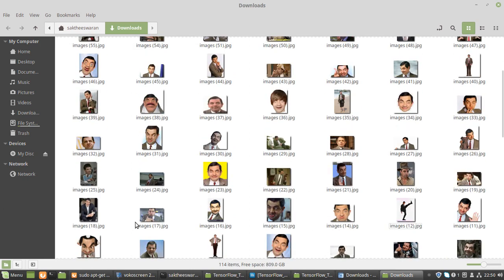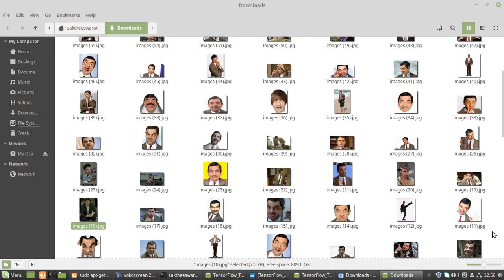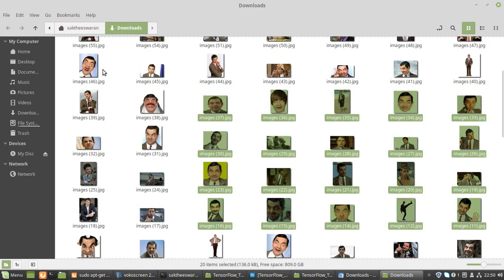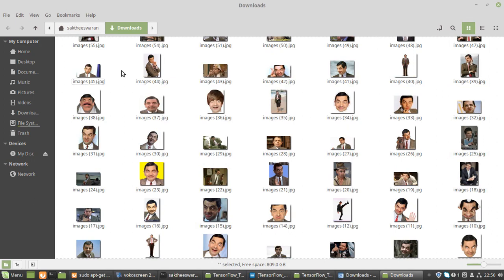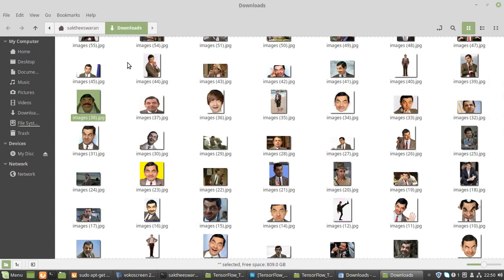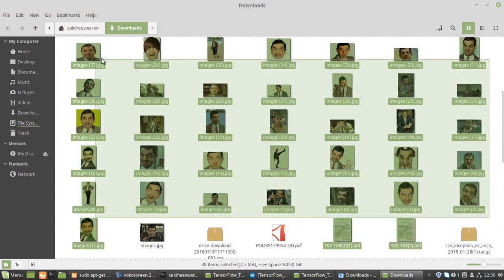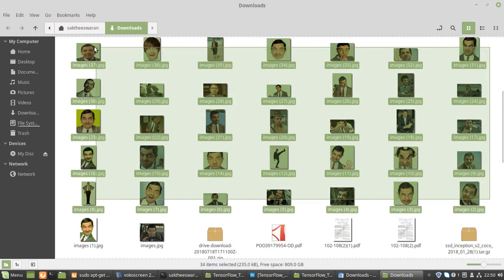Bean looks very handsome in this photo. He is even more handsome than Bond. This seems to be some sort of illusion. This is not supposed to be Bean, and this is also not supposed to be Bean. You should delete lots of unwanted images that could disturb your pattern. So just get this,